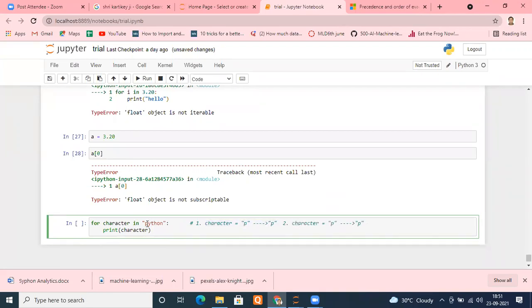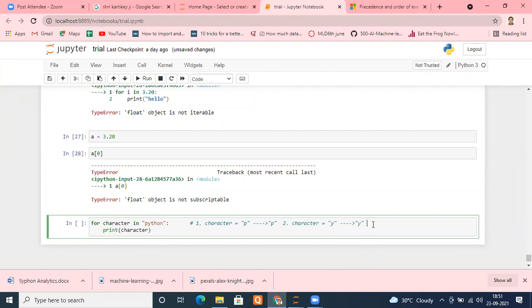What will happen? It will print Y. We have considered T already. Now for the next iteration, your pointer will move to the second point. And what is it consisting of? Y. So now the character will have the value Y. So what will be printed here? Whatever the current value of character is, in this case Y. So now Y will be printed.